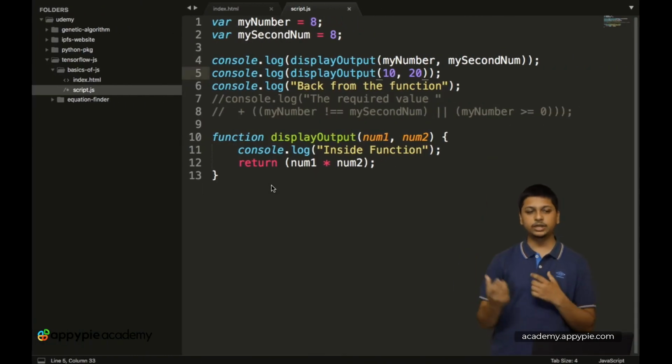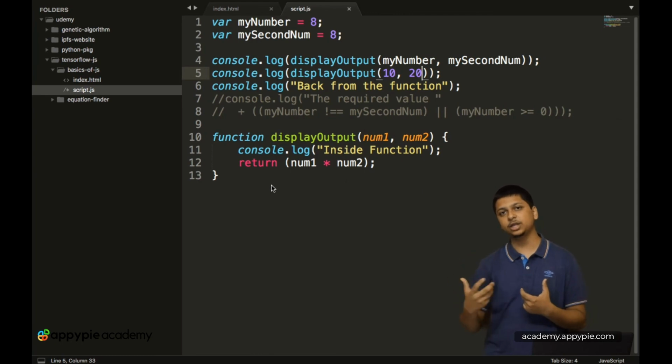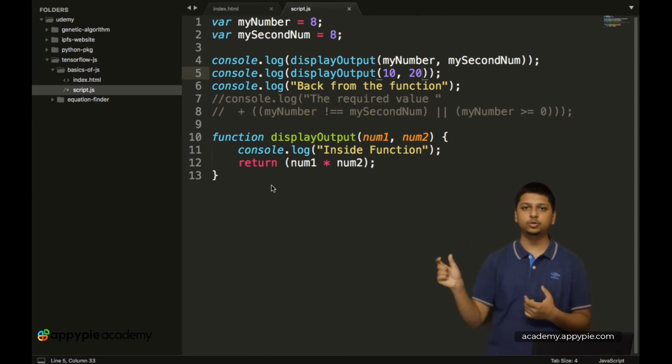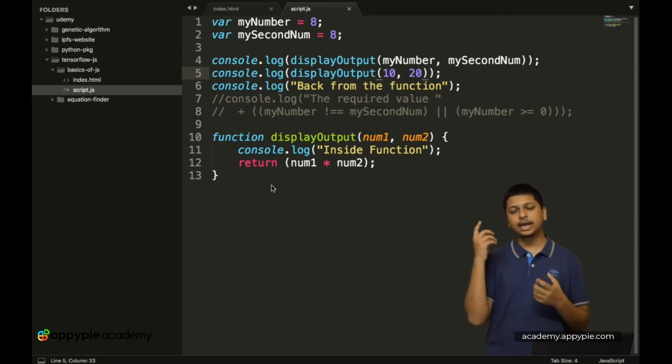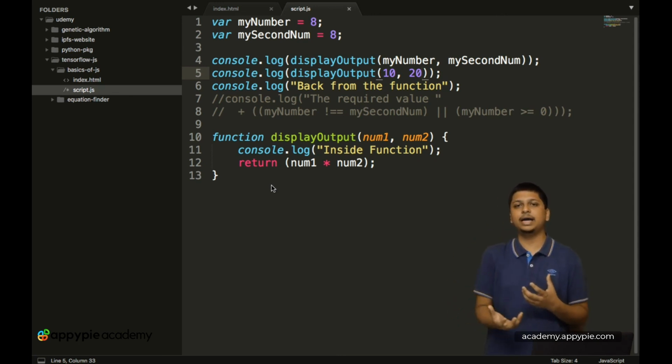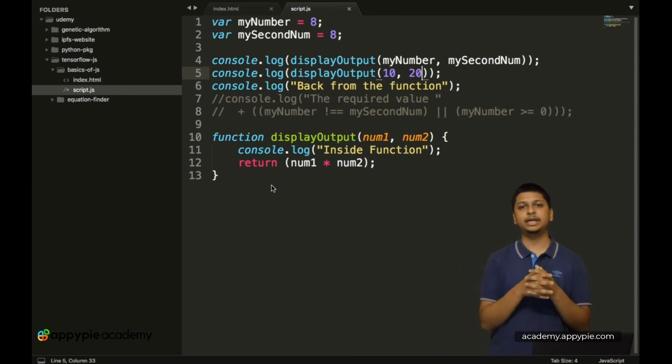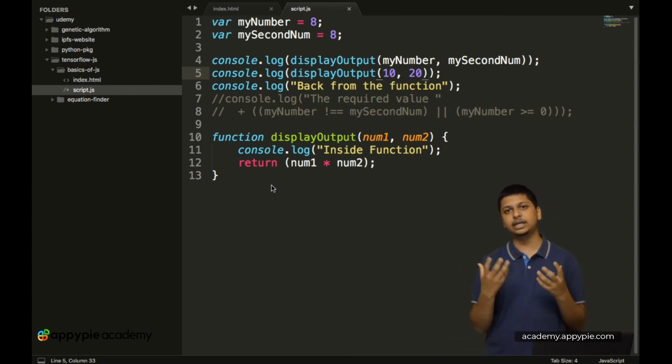So essentially over here we have performed the multiplication operation 2 times, but the code of num1 into num2 is written just once. And this is what I essentially mean by the DRY statement of do not repeat yourself. And yes, this is pretty much it for the methods part in JavaScript.